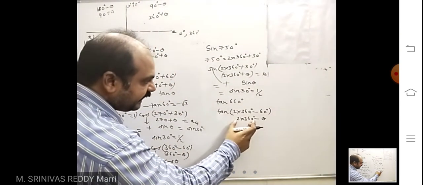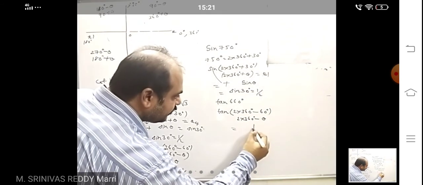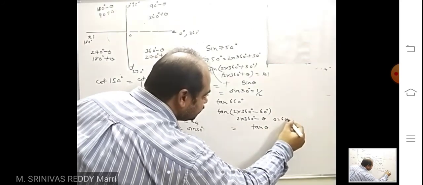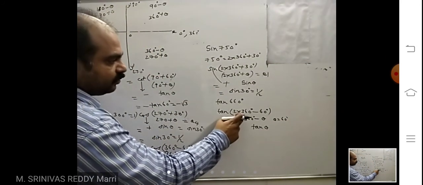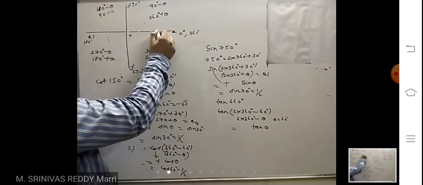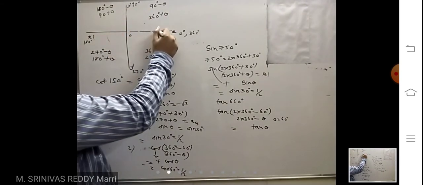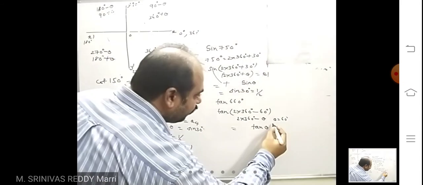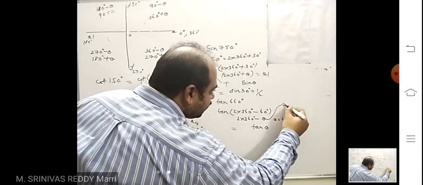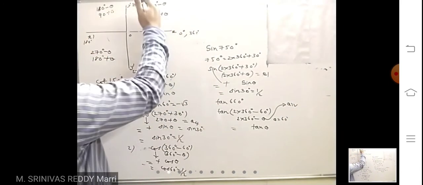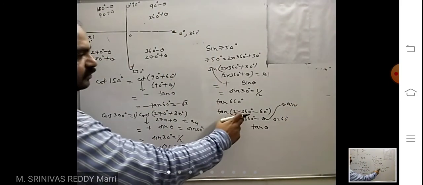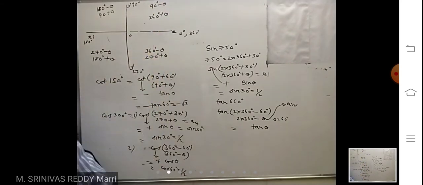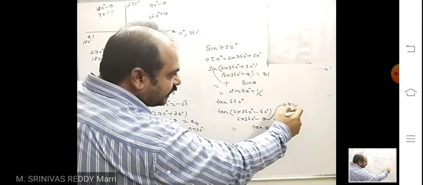If multiple of 180 or multiple of 360 is there, you write tan theta. Here theta is 60 degree. So look at 2 into 360, this is 360. 2 into 360 minus means a little bit less. So it will come to which quadrant? Quadrant 4. Plus means above, minus means below. 2 into 360 plus means till here 360. That means it will come under quadrant 4.